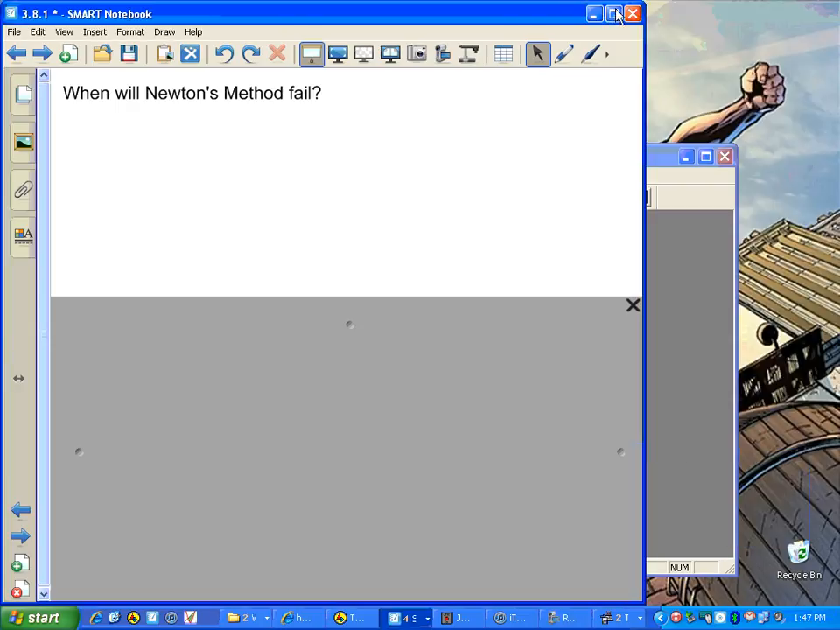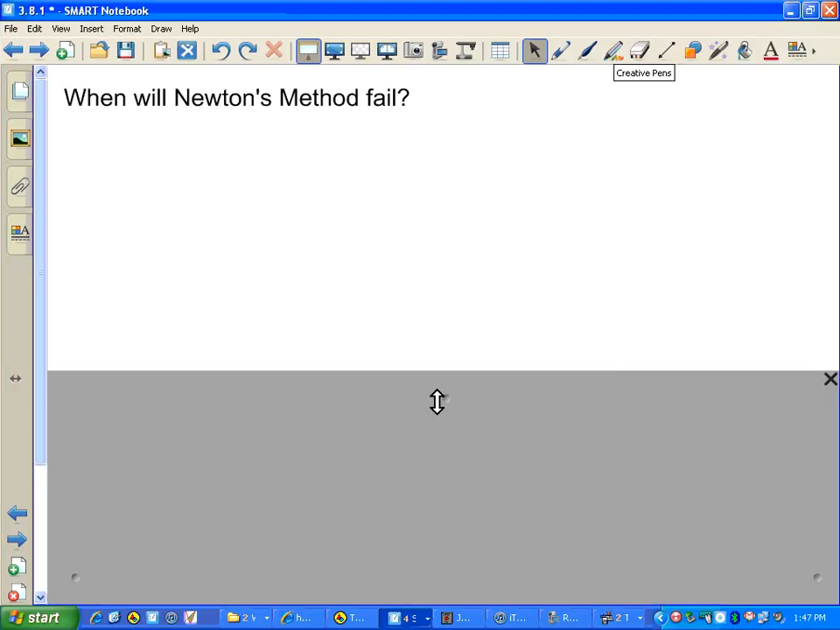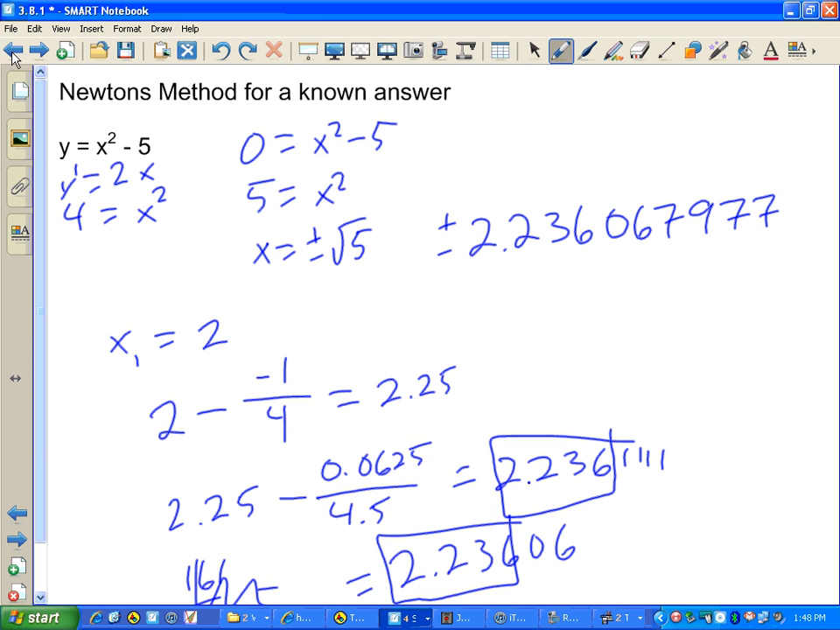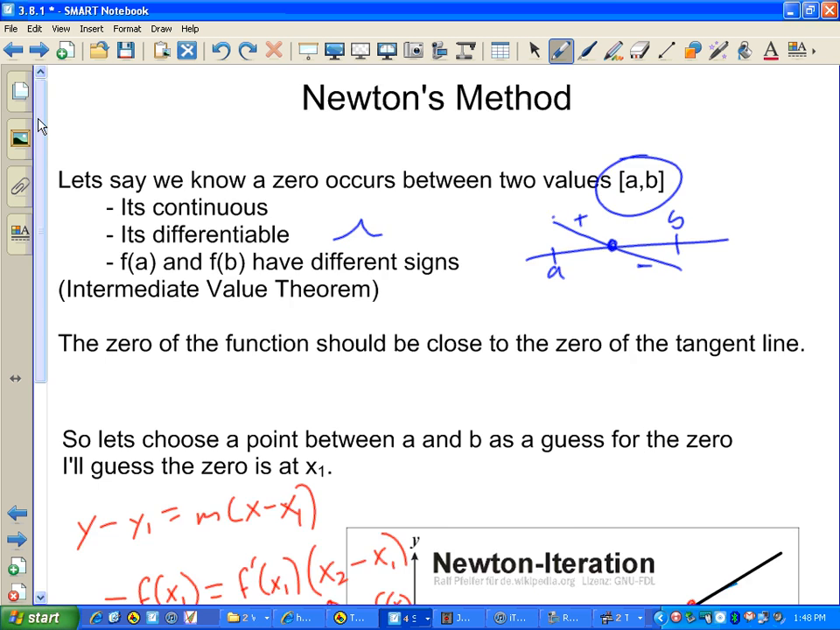There are certain times when Newton's method won't work. If you think about our conditions in order to use this, the function has to be differentiable. So if it's not continuous or differentiable, then it could fail. The other thing you notice is in the formula here,